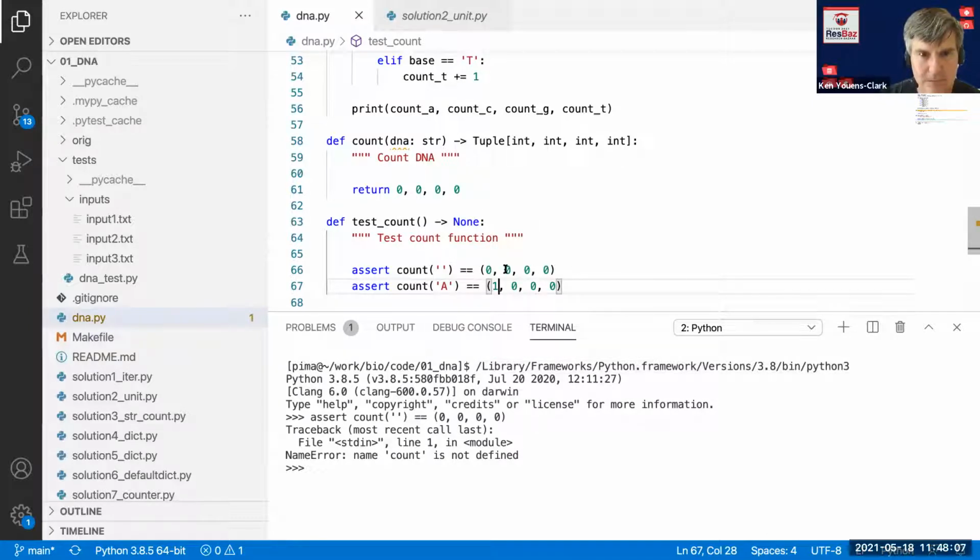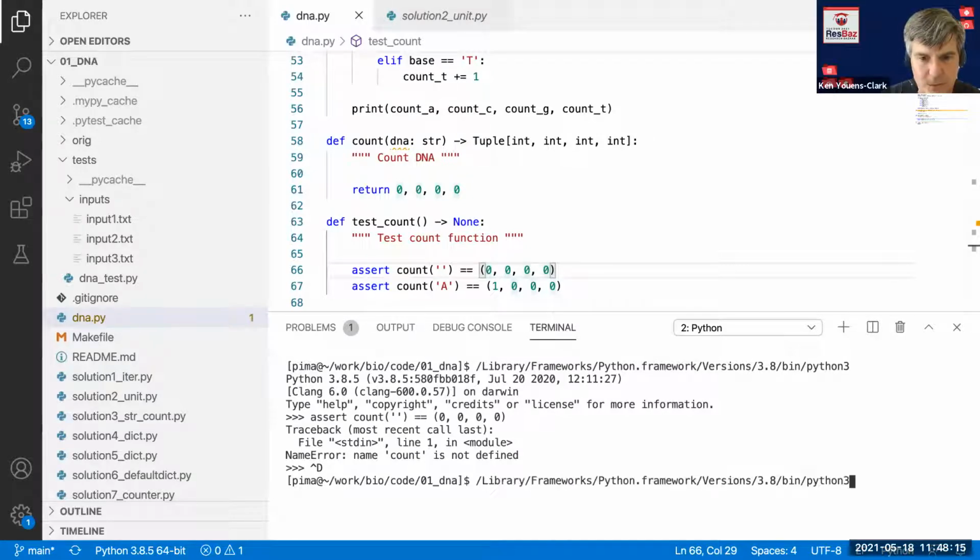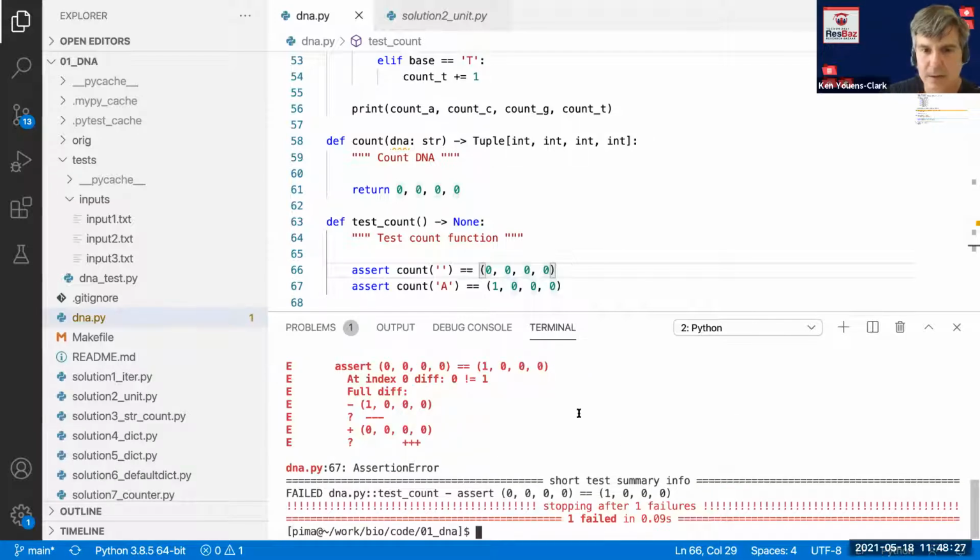Let me run PyTest on that. Now it's not working correctly because I'm passing it this value and I'm expecting to get back 1, and it's always returning 0, 0, 0, 0.